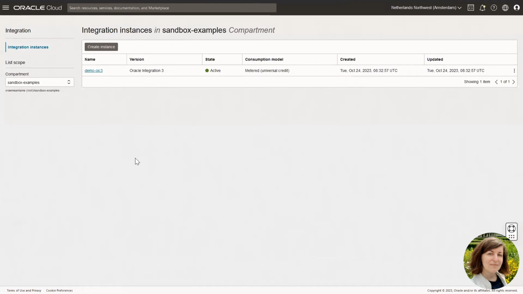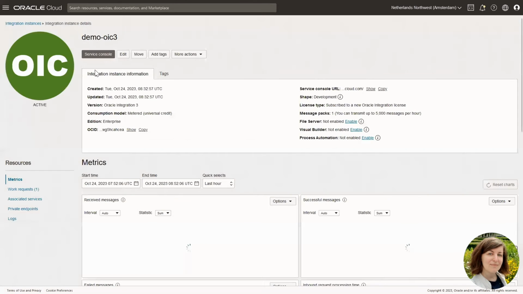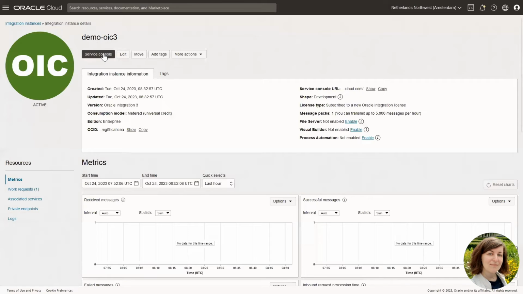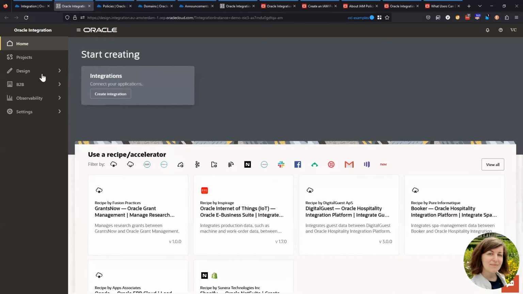Okay, next, let's have a look at our first integration. Let's test our first integration. So we will go to the service console, click on the service console button, or go to the service console URL.